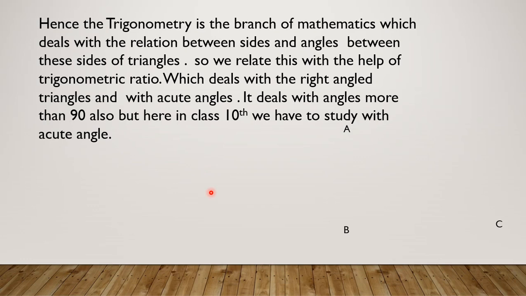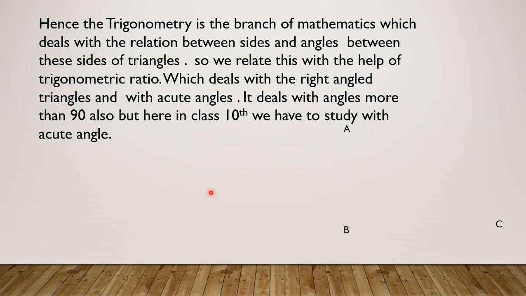So we can understand what trigonometry is. It is the branch of mathematics which deals with the relation between sides and angles between these sides of triangles. So we relate this with the help of the trigonometric ratios, which deal with the right angle triangle and with acute angles. It deals with the 90-degree angles or acute angles, which are less than 90 degrees, but in the 10th class we have to study for